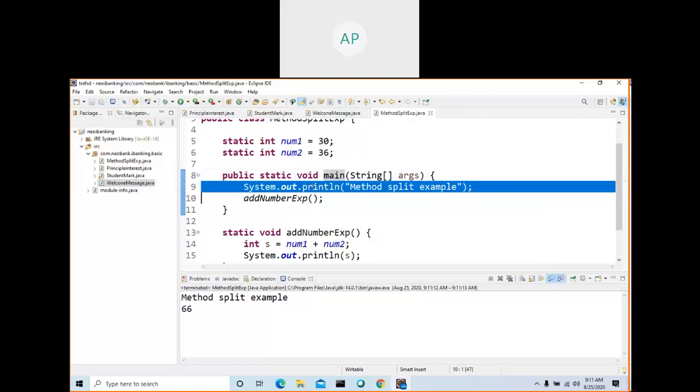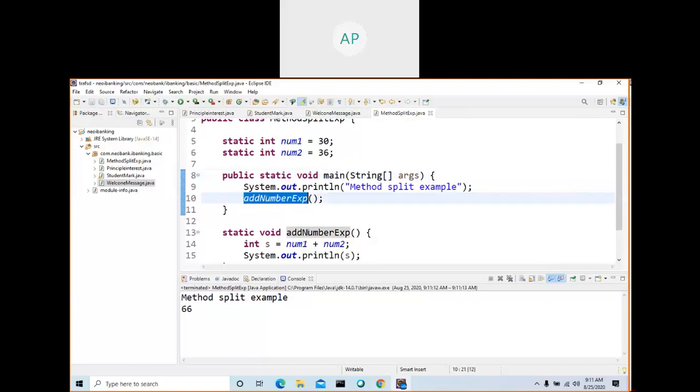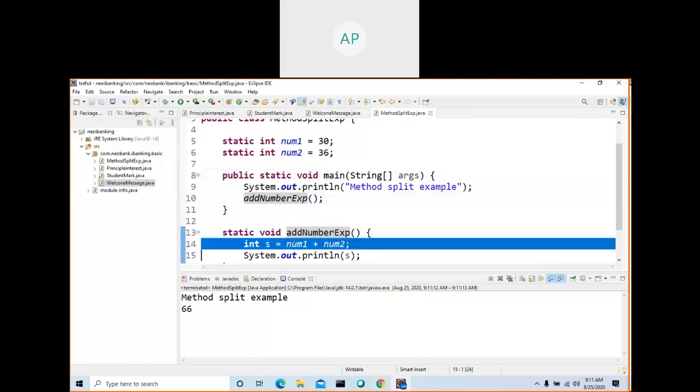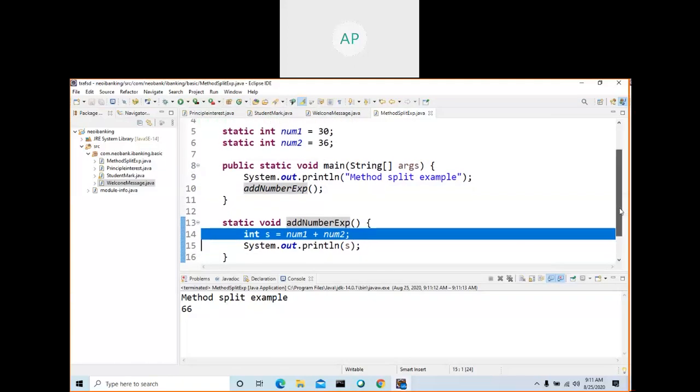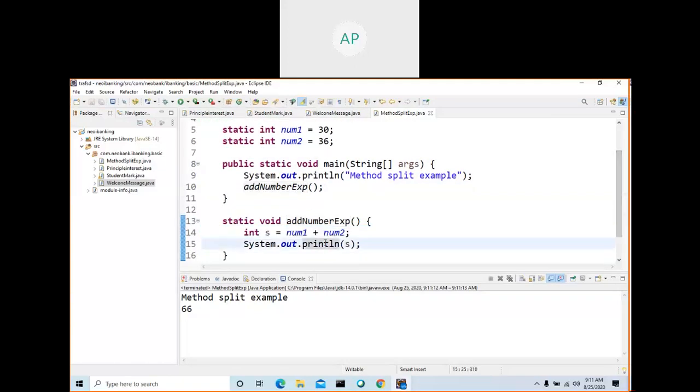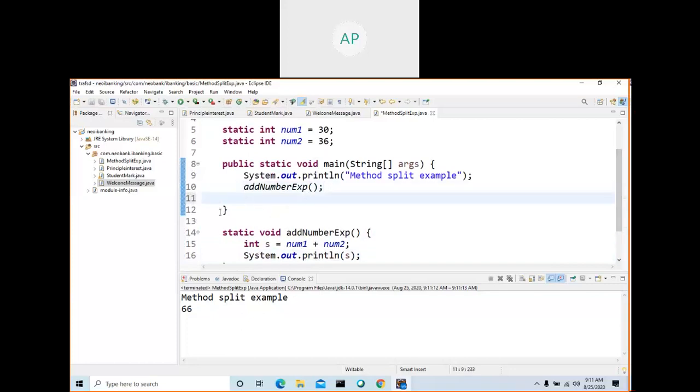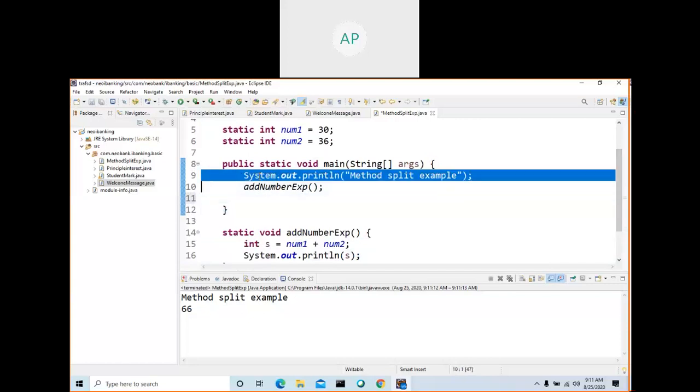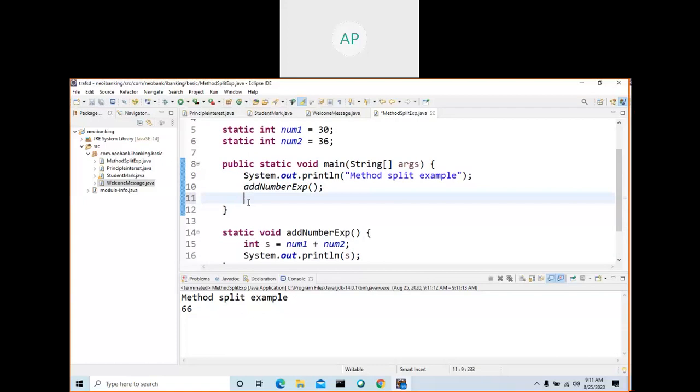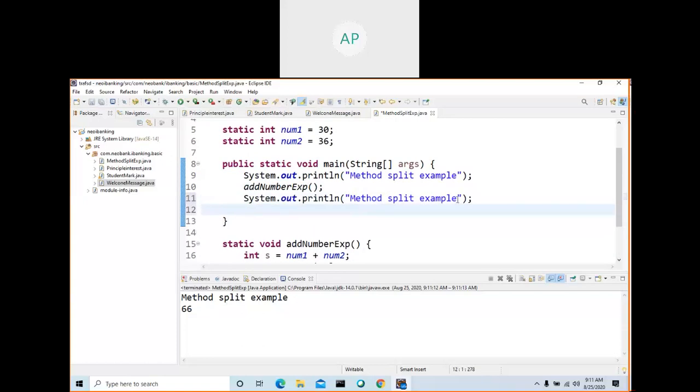When I run the program, JVM will always look for a method called main, and it will run all the instructions. This instruction just prints method print example. This instruction will call this method, and it will go and run this method, run this line, then the method ends, then the control will go to the next line, and it will end.